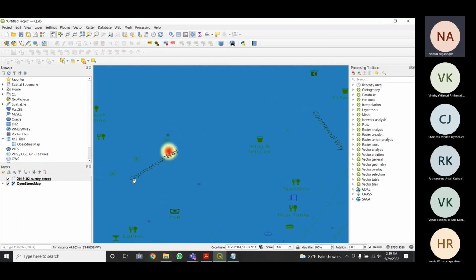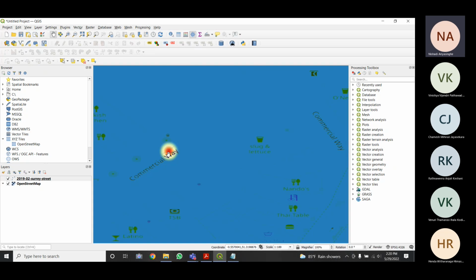So here in the commercial way, there is a road called commercial way. So mostly sexual violences might have happened here because we gave the largest weight, which was 10, to sexual violences, violence and sexual something, that kind of crime.